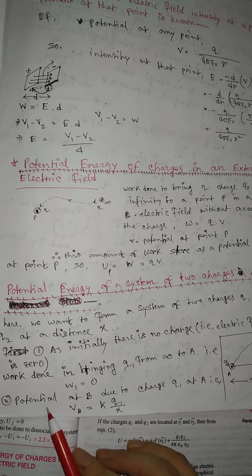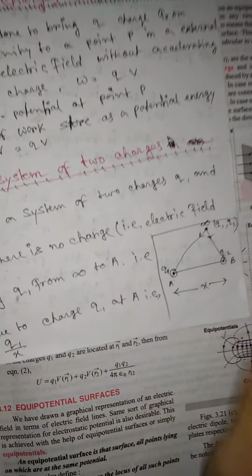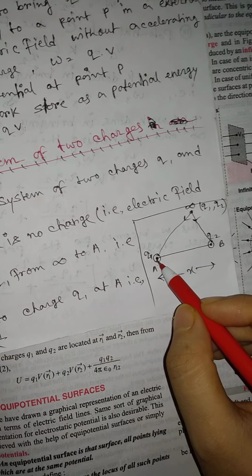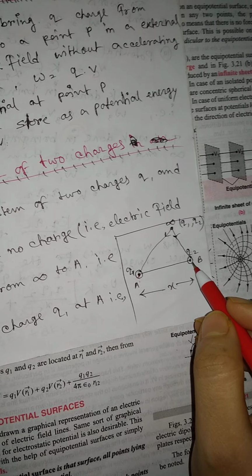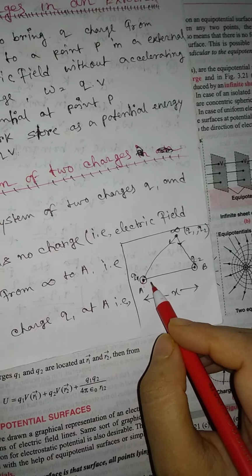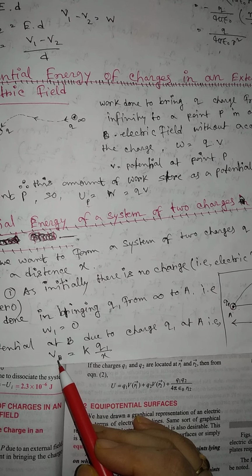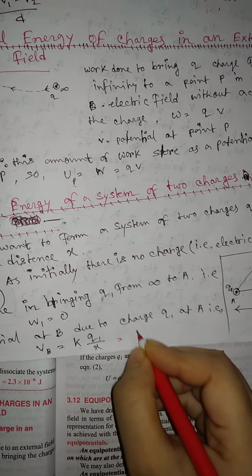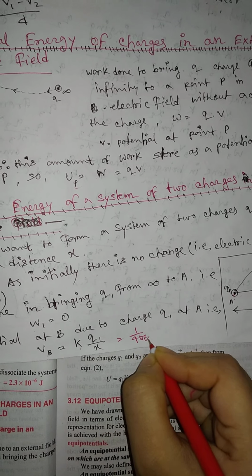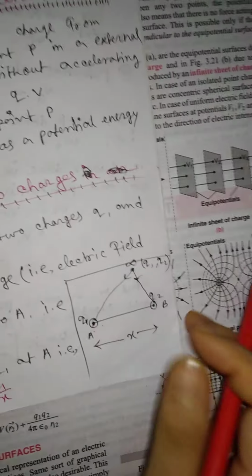Now, if we place Q1 at a point, we want to find the potential at point P due to Q1 charge. So the potential at point P due to Q1 equals K into Q1 by x, where K equals 1 by 4 pi epsilon naught. So this is the potential at point P due to Q1 charge. Now if we